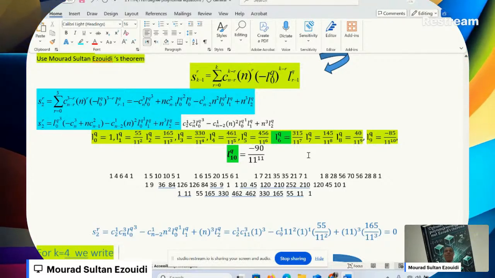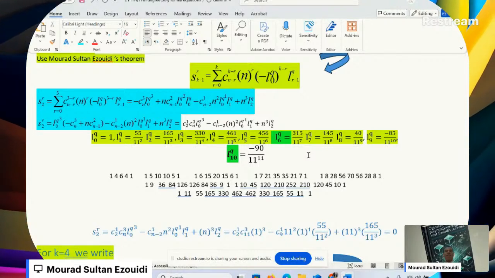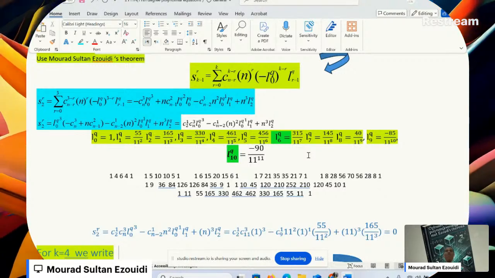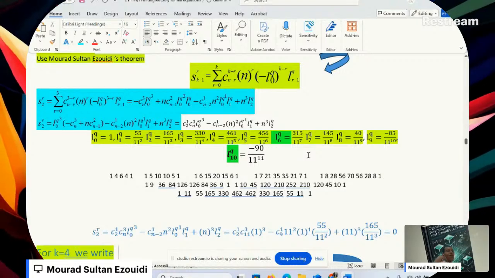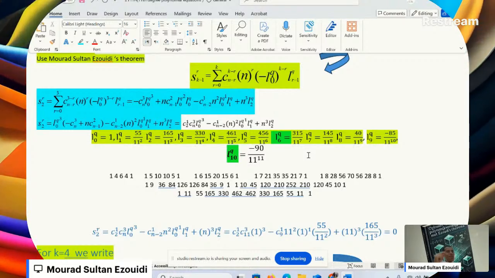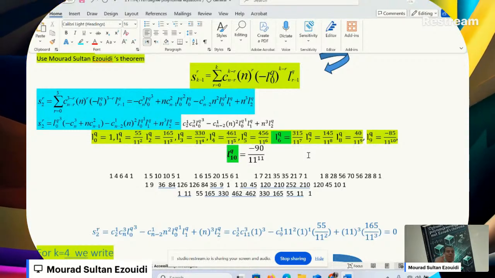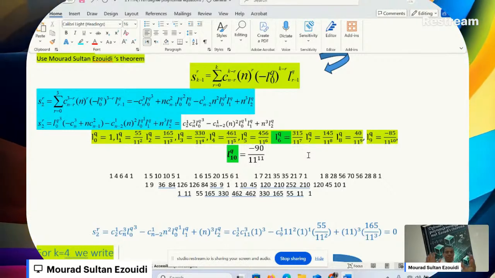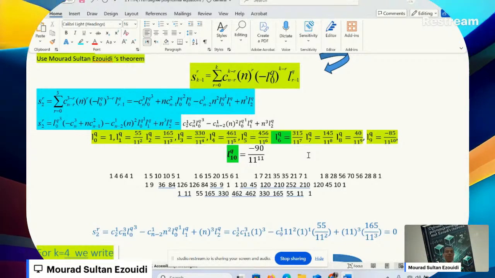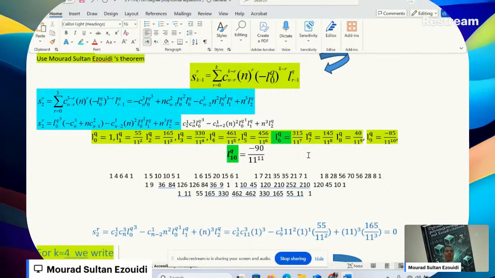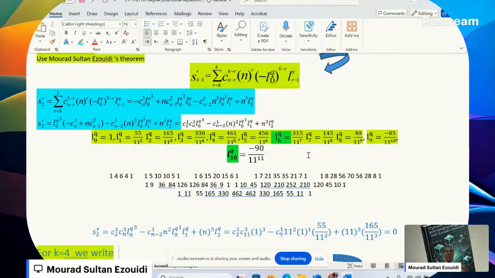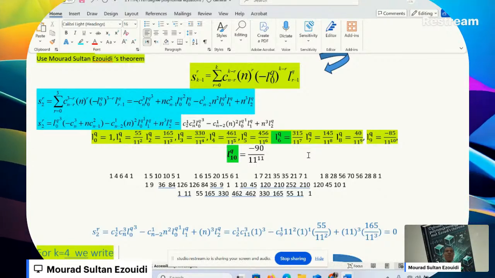It makes sense for you simply because you will see in the explanation that every term speaks, that every coefficient has a message, and the Ezouidi method knows how to listen. The method of Ezouidi knows how to listen to these messages of the coefficients of the new differential equation. That's the secret here. If the classical methods close the door, mathematics still holds secrets, but we, Professor Mourad Sultan Ezouidi, hold the key.